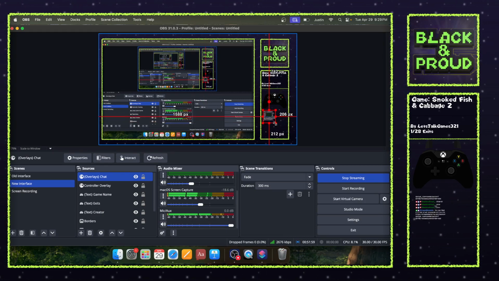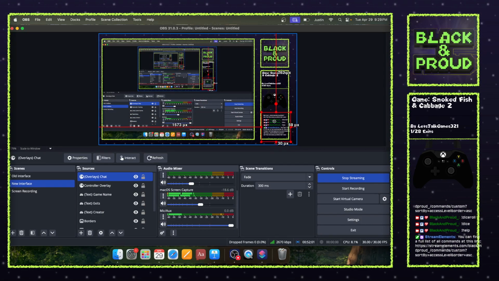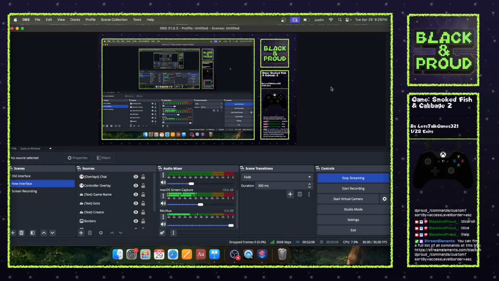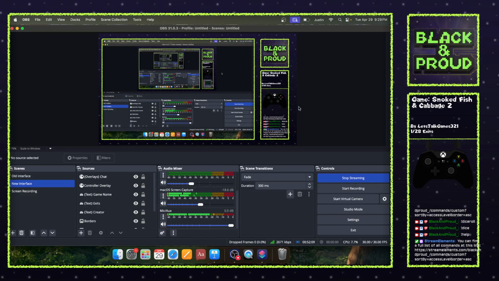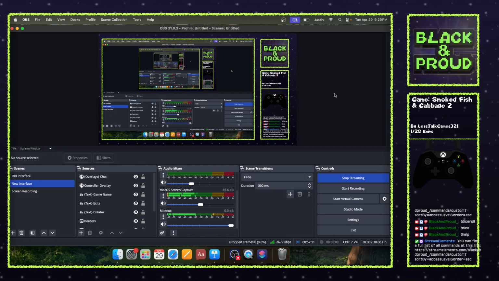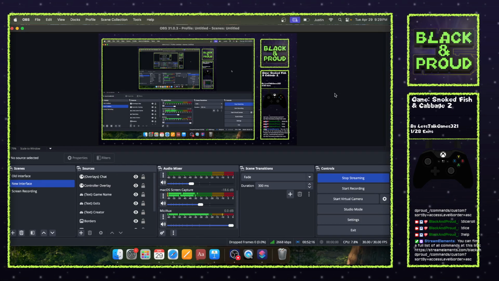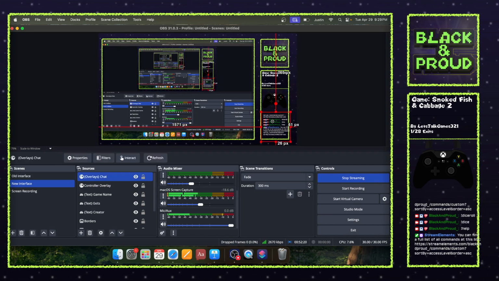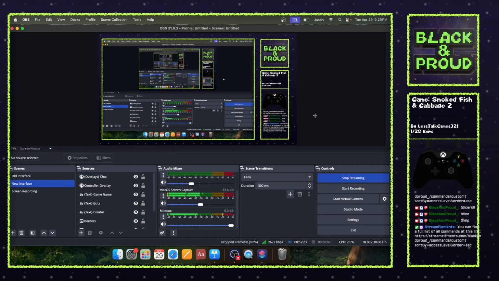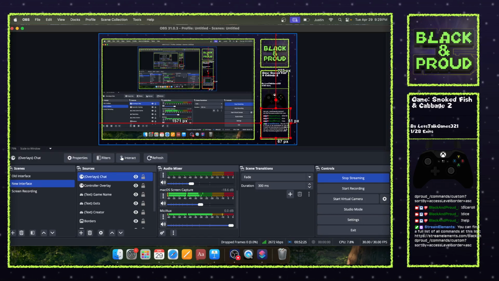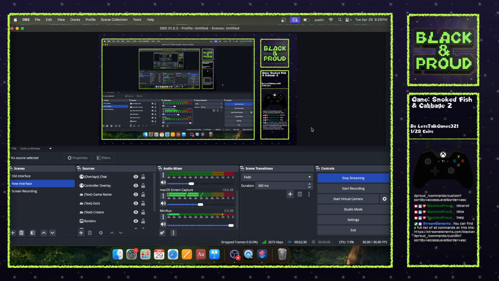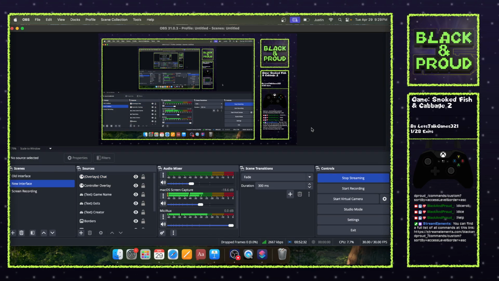So I can basically, there we go. So now my interface, there we go. So now it looks